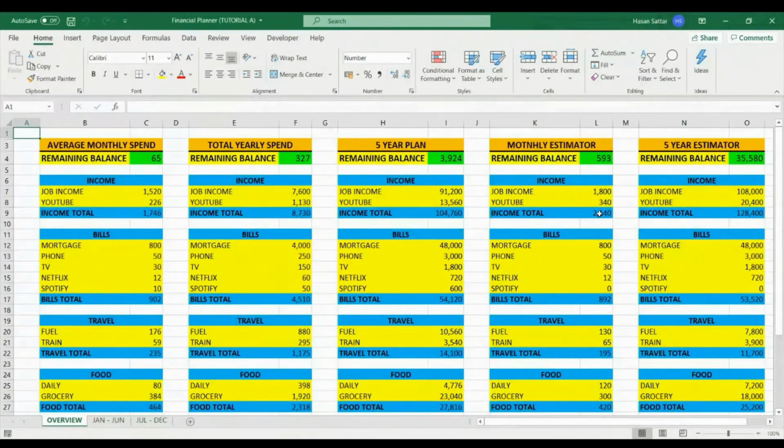Over here you've got the monthly estimator, where you can make hypothetical changes and it would reflect how your balance would look like in 5 years from now in this column over here. So you can see this was your income of $1,800 and you earned $340 from YouTube with all these bills to pay, your remaining balance by the end of 5 years would be